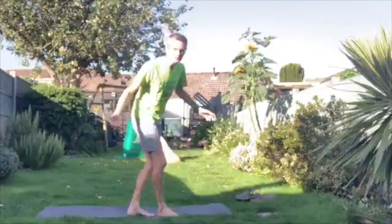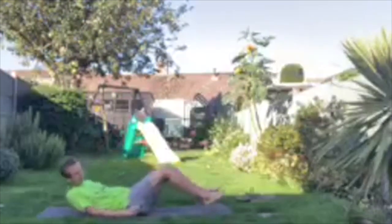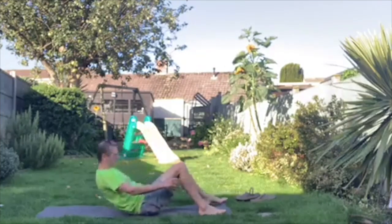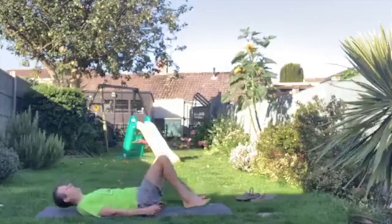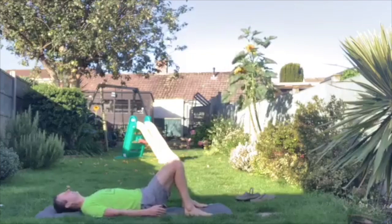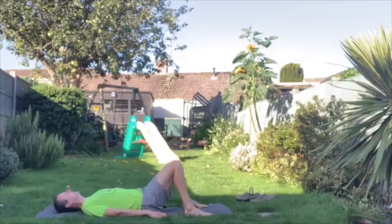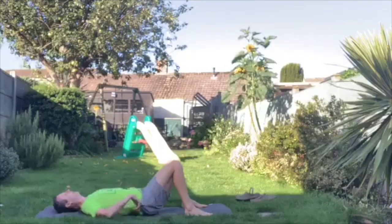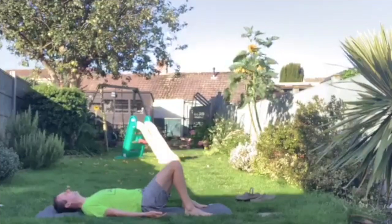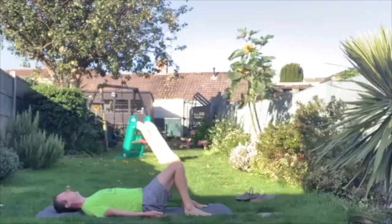So no props for this. We're going to start on our backs. As we've done over the past few days when we've been outside, lying on our backs, we take our feet that little bit wider than the hips, and if we're using a mat, almost running parallel, the outside of the feet to the long sides of the mat, palms alongside the body, facing up towards the ceiling or this beautiful blue sky above, knees knocking in towards one another,